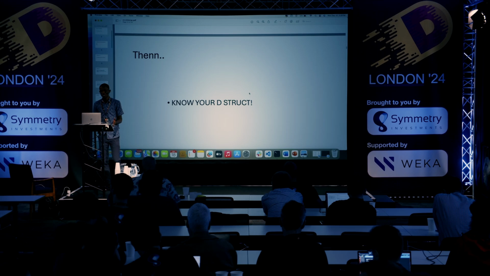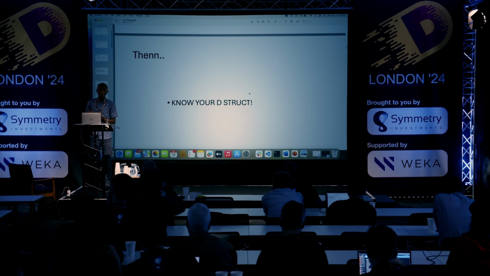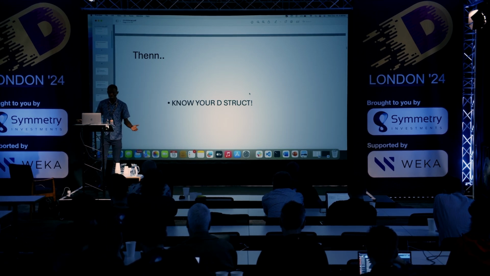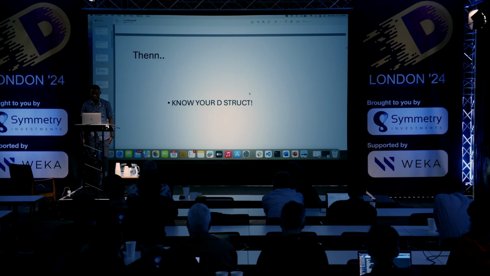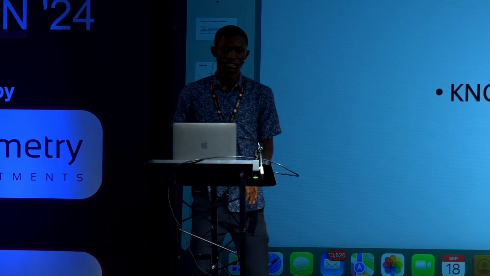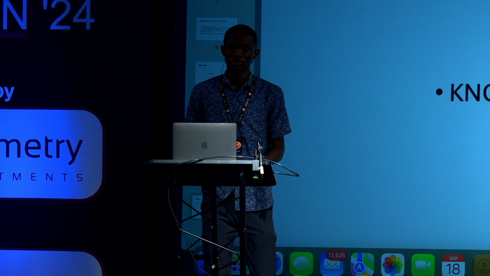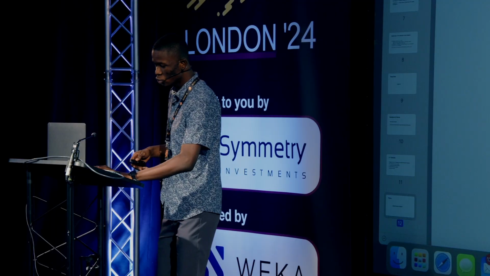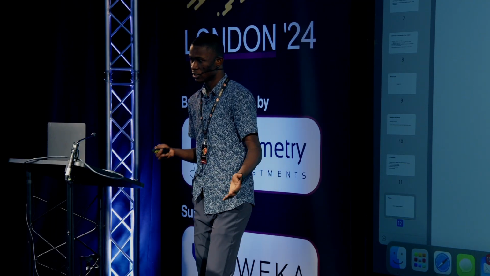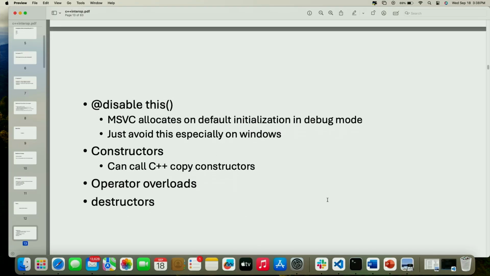I haven't really used C++ classes. Most of the time it's D structs I use, but if you try to use D classes, it's not going to work because you like to copy. You like to make copies of your struct and all these things, and D classes are not going to give you that edge. Something you should notice from your D struct is when you are starting with it,